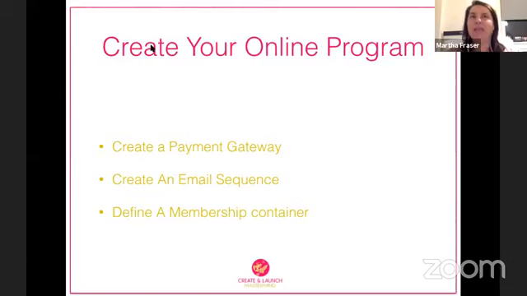MailChimp is probably the easiest one for people starting off, and the reason why it's easy is that it offers a free plan, so you can sign up to MailChimp for free and you can build your list. And I'm not going to go into that now, but building your list is the most important thing anyone in business can do. So I might do another live class and we can go more into that. So an email sequence then is basically a series of automated emails that will go out when your online program is running. So how are you going to host your online program?